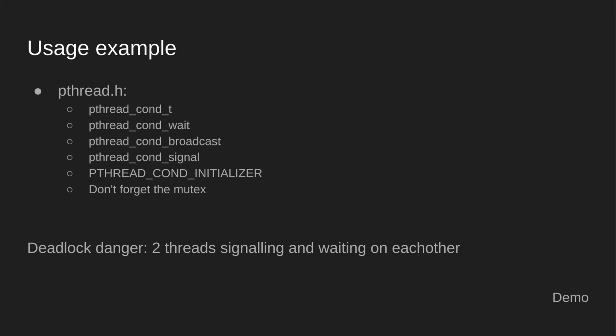So those are conditions. Oh yeah, and there is a danger for deadlock here. If there is a mutual dependency, for instance, one thread is signaling the other thread, and the other thread is signaling the one thread, and they're in lock step like that, then what happens if one thread dies and it doesn't signal anymore, then the other thread will just wait forever, and there will be no more progression, and that is called a deadlock.